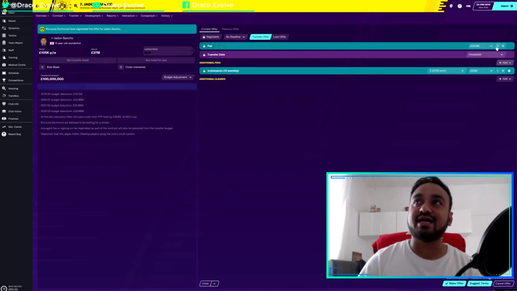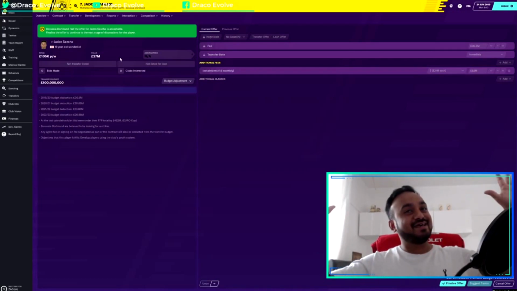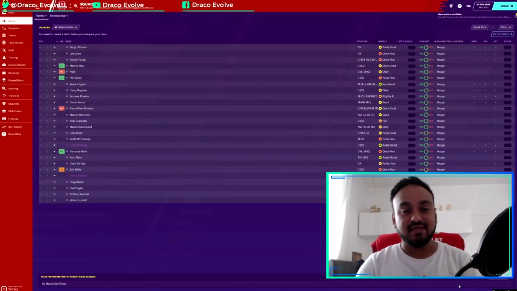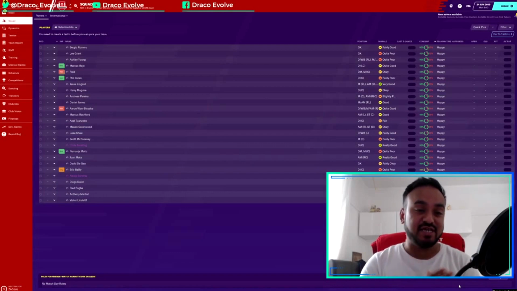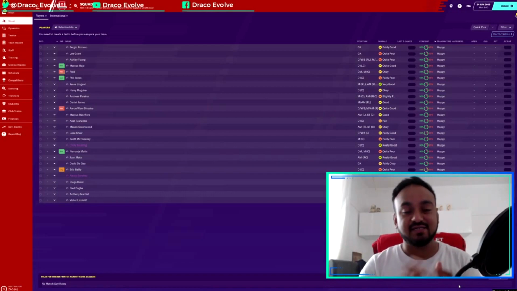I'm gonna drop it down to say £30 million and see what they say. As you can see, I dropped it to £30.5 million and they've agreed. You can see right here, hands free. So I'm gonna make an offer now, finalize offer. Okay, so that's it, guys. That's Jadon Sancho. Over the coming few minutes, I'll be skipping the game and seeing his negotiating terms